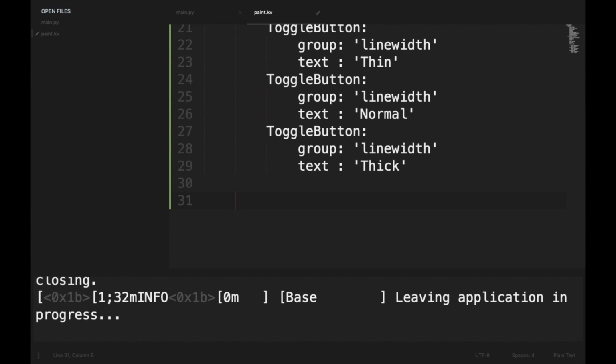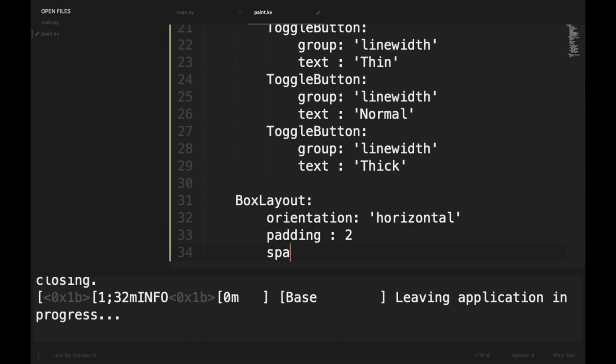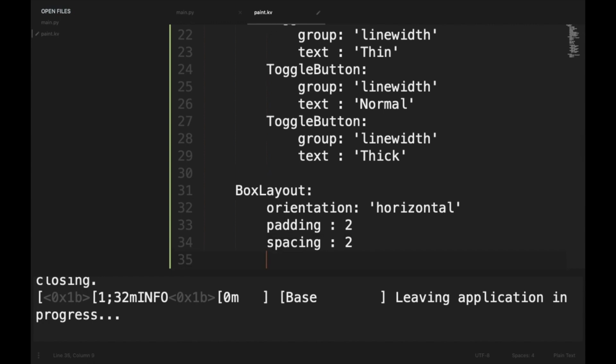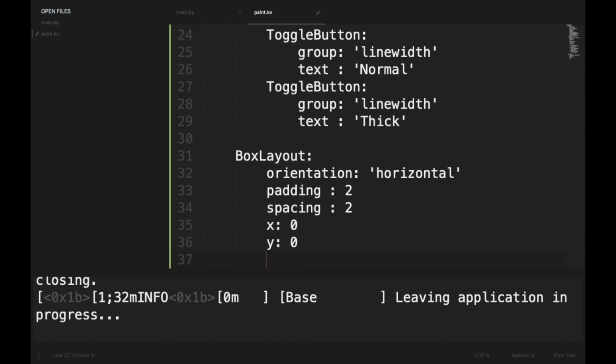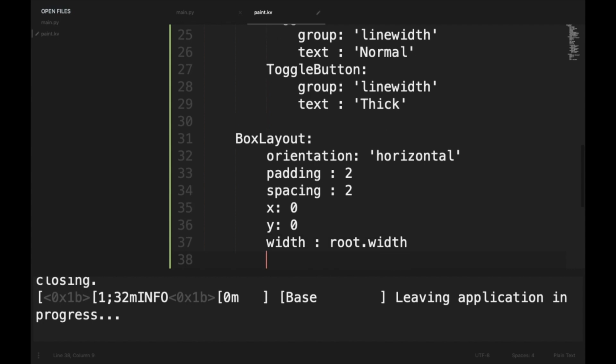And finally we will be creating a color palette at the very bottom, and to do that we will be choosing another box layout with horizontal orientation. Let the padding be 2, spacing be 2, and since we want to align it to the very bottom we will set x and y equal to 0. X is 0, y is 0,